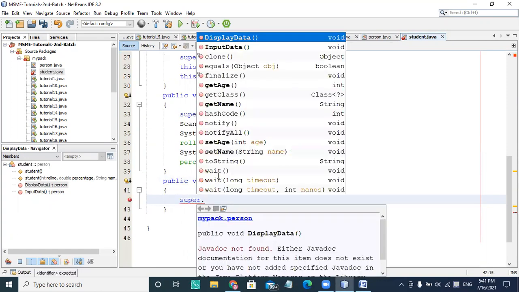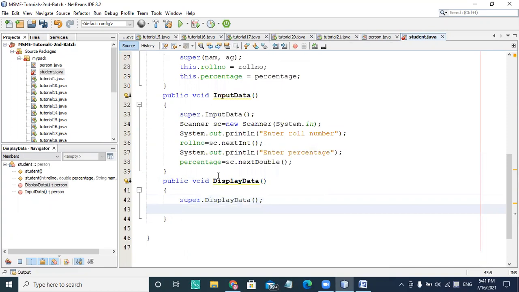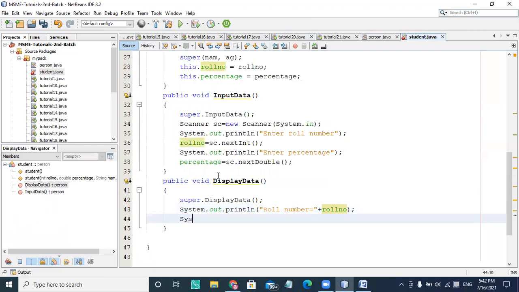Again I'm repeating, I'm calling the display data here and want to print the roll number and the percentage: roll number equal to, plus roll number here, and the percentage. System.out.print to print percent equal to plus percentage.